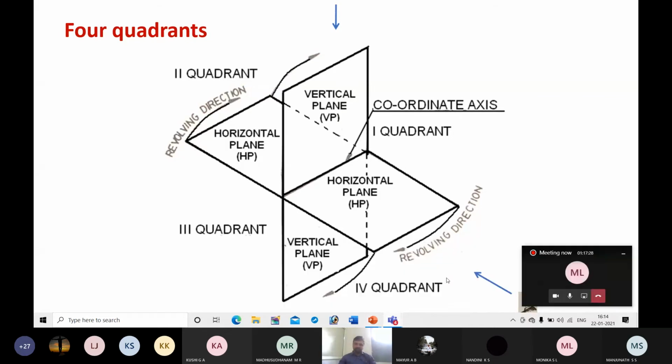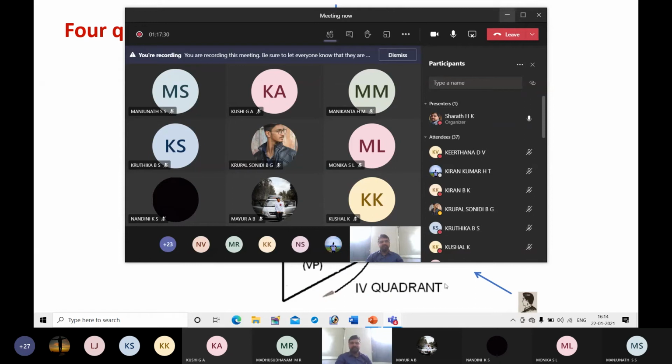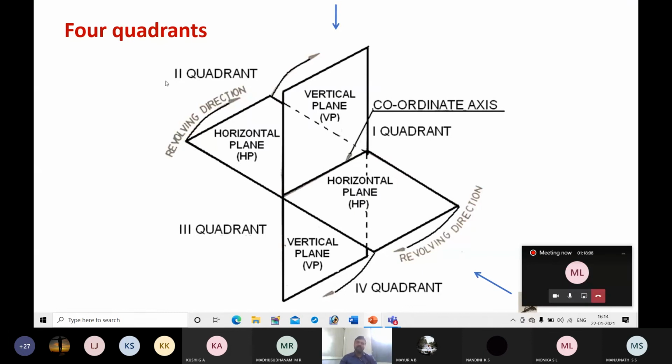So we discussed principal planes of projection. There are three principal planes: horizontal plane, vertical plane, and profile plane. And also we discussed three views: front view, top view, and profile view. And we discussed orthographic projection. In orthographic projection, visual rays travel parallel to one another and hit the plane at right angles, that is, perpendicular to the plane of projection. These things we discussed. The last topic is that in engineering drawing, we use a quadrant system.